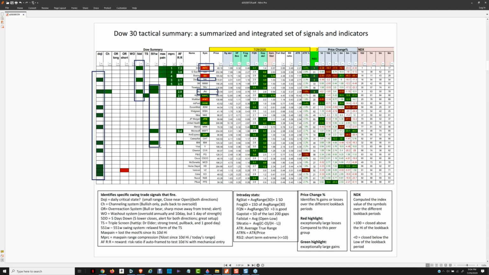And so you'd be looking at the second day momentum. That makes Johnson & Johnson very interesting because, look, it's a doji. It's channeling, and a 5DD and a 551W and a 2.8 to 1. Johnson & Johnson should be on your watch list. Still plenty of things to choose from in the auto framer. Lots to choose from there.